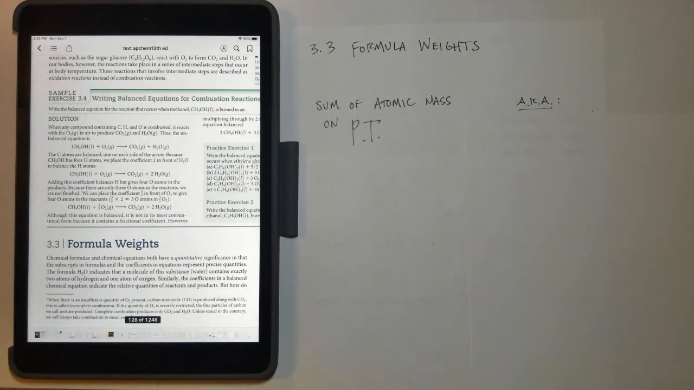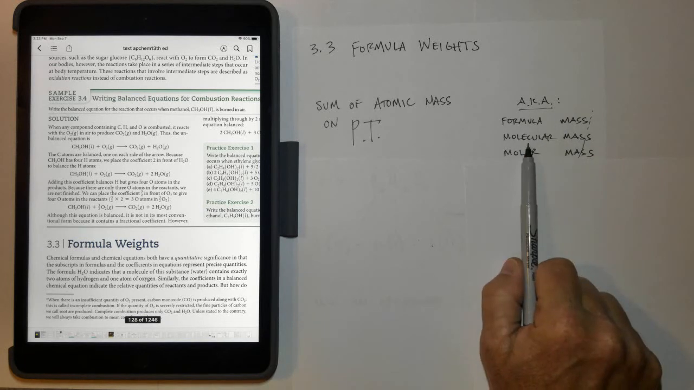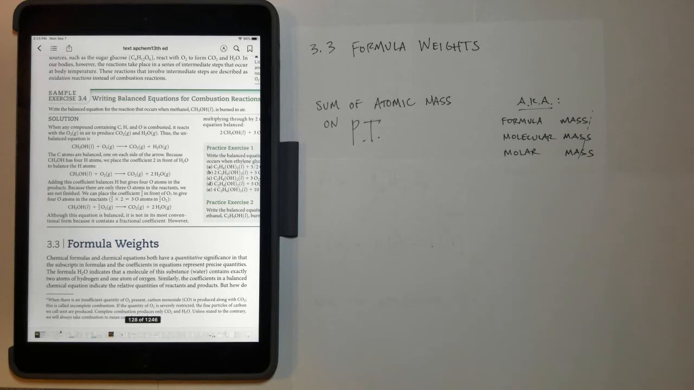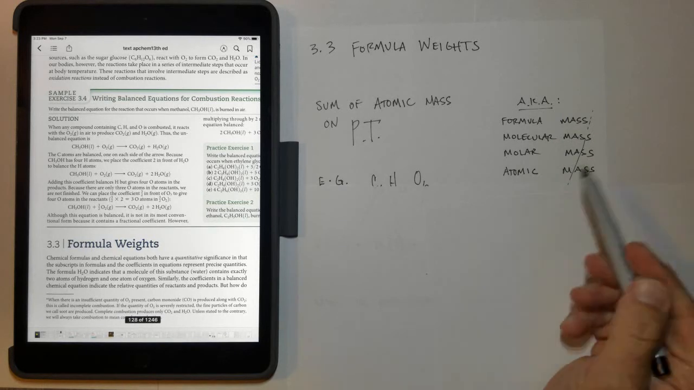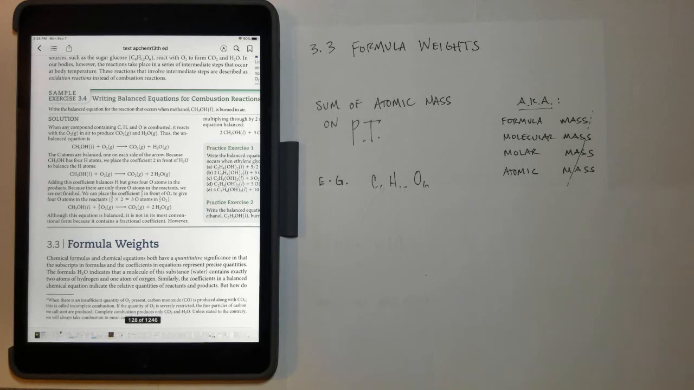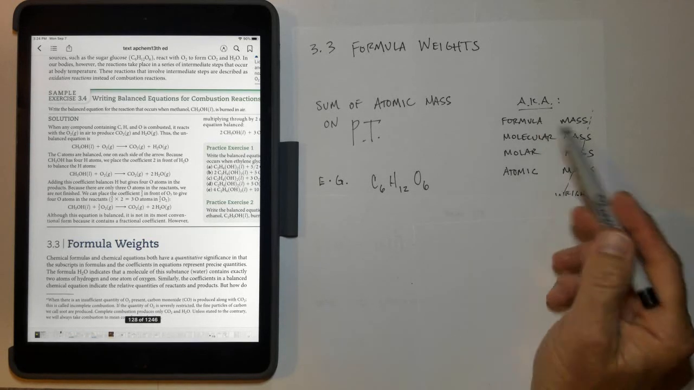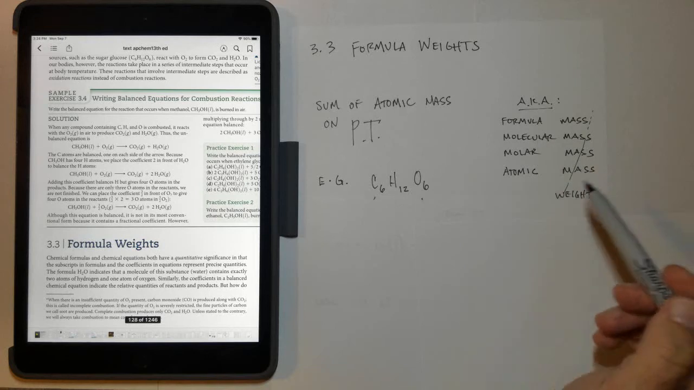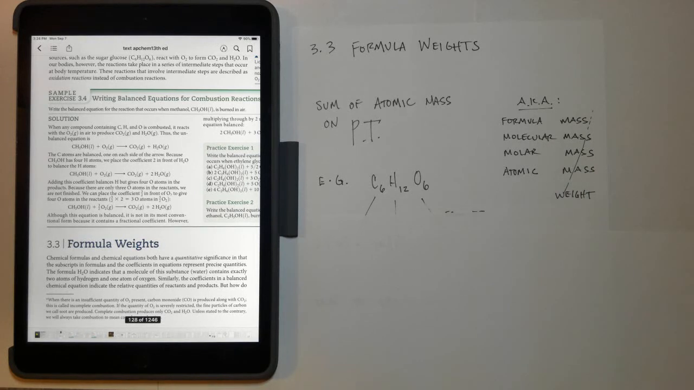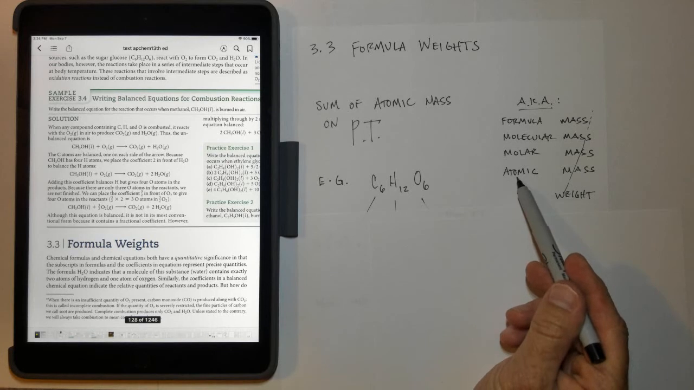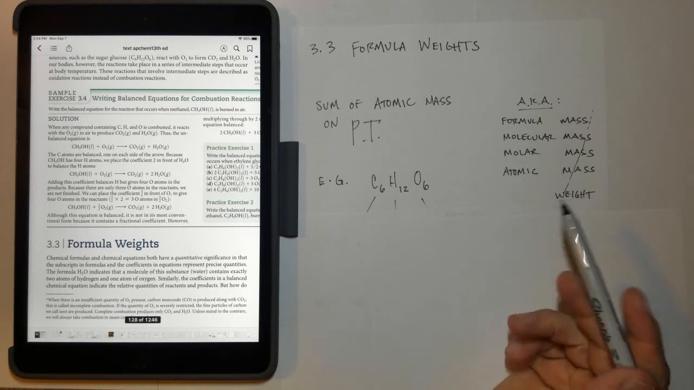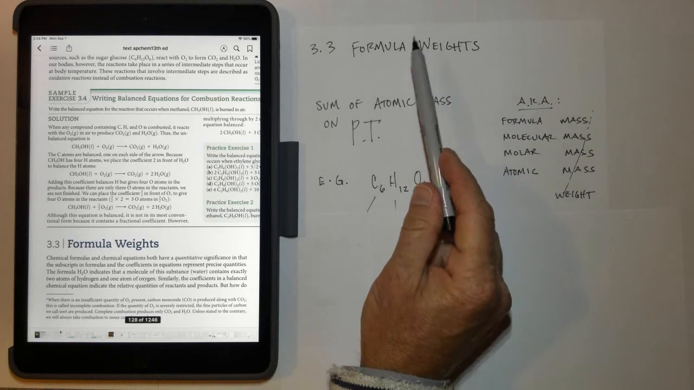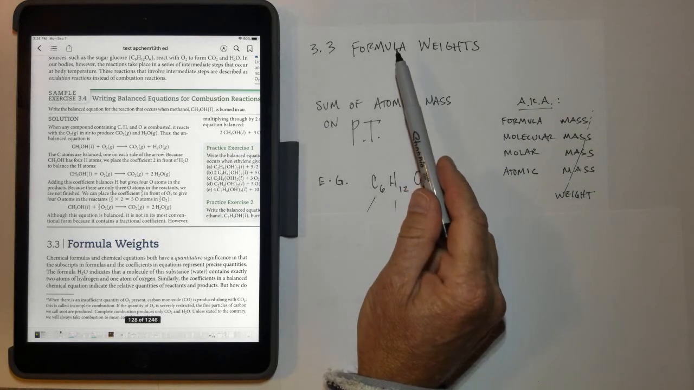To make it more complex, the formula weight is also known as several other things. Other words you'll see that mean the same thing are formula mass, molecular mass, molar mass. Or you could replace all those with the word weight, and then you could have formula weight, molar weight, molecular weight, or atomic weight. Now, it can only be atomic weight if it's just an atom, but lots of times you see things that are atoms and they'll mean the same thing as formula or molecular or molar weight or